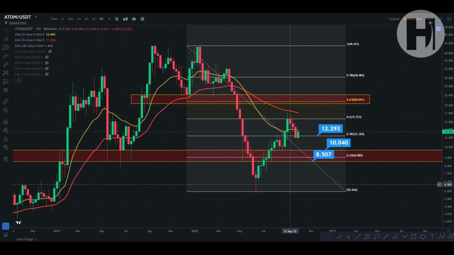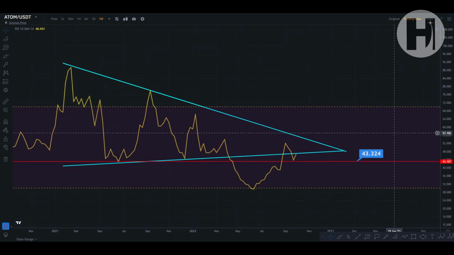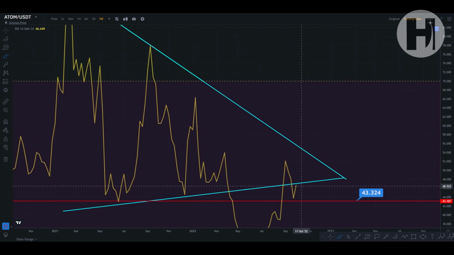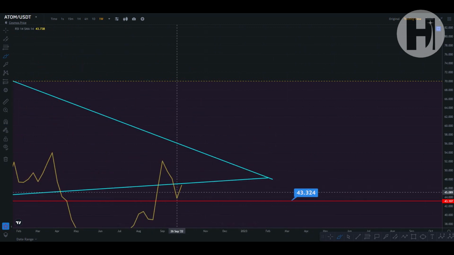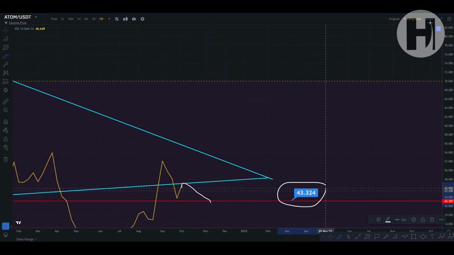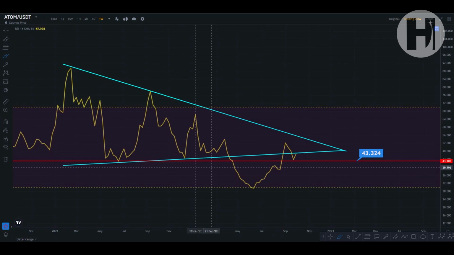And moving over into the weekly RSI, as you can see, what has happened here is that we once again lost the symmetrical triangle's support, and we're running into that as resistance. Well, almost running into it as resistance. So potentially, if we have one last little bit of an impulsive move, you may run into that and then come back down. And I'm looking for support on the 43.3 index, because that was a resistance level for us. We broke through, and now we're looking for the back test of support here.